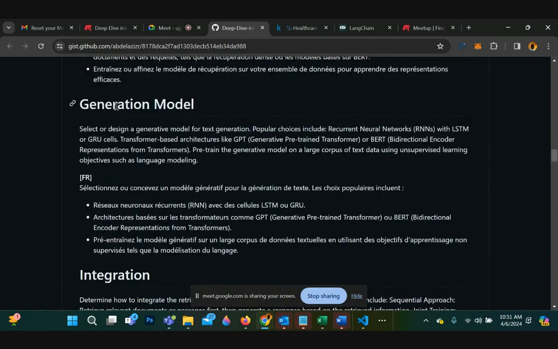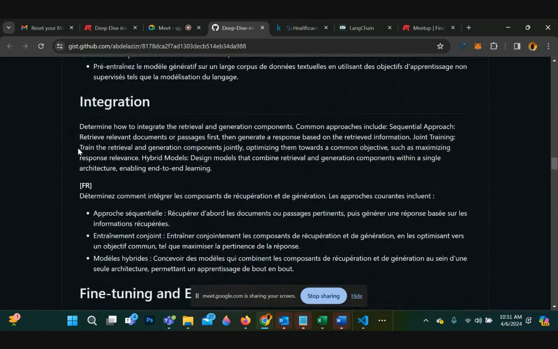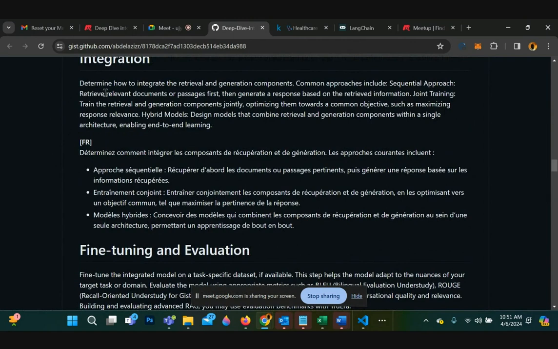So now we have the retrieval model, we have the generation model. These models need to be integrated to create the application or the chatbot. So this is where the integration comes in. Today, what we will be looking at is the sequential approach.